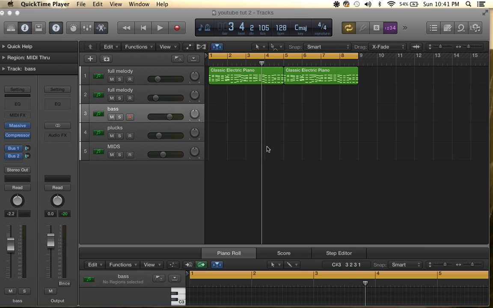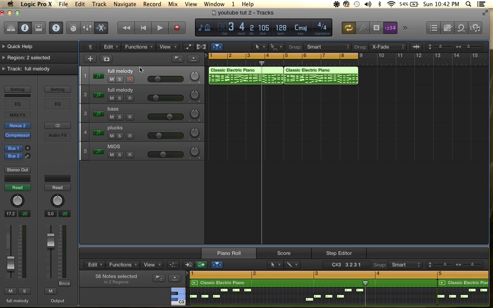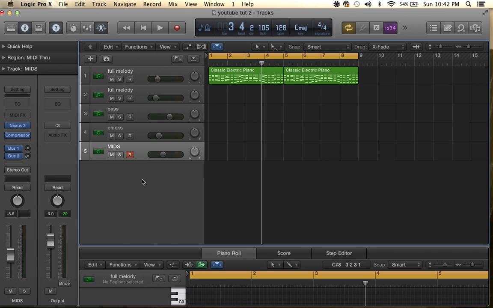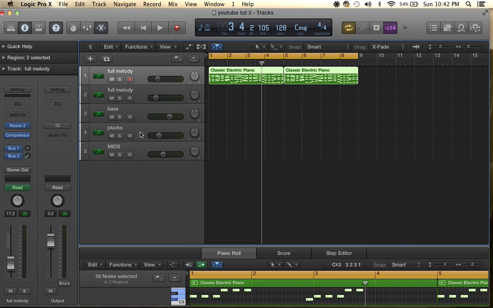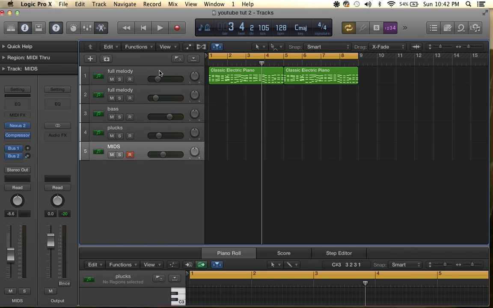Every popular house artist, every professional artist period uses compression in their songs. So I'm going to show you how to do this. You can see here I have a couple tracks ready for me to use. These four tracks here are going to be used on my mids and my highs for the melody. And then you can see I have a bass line here, and on every track here I have a compressor set up, which I didn't touch. It's just the basic default compressor.